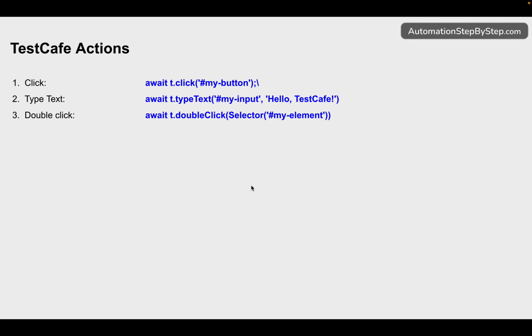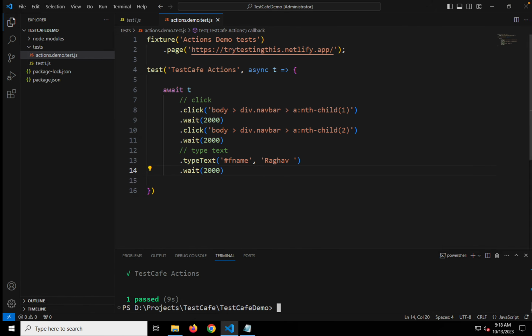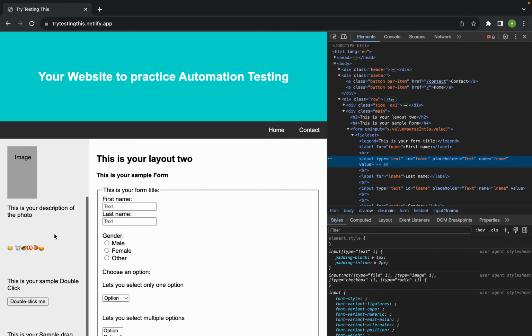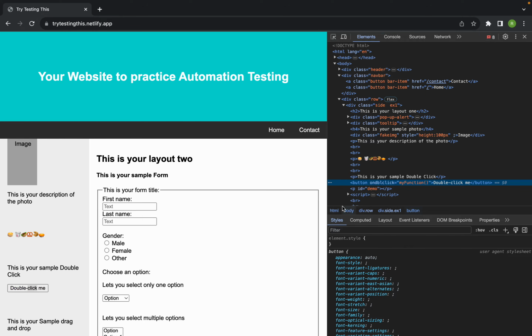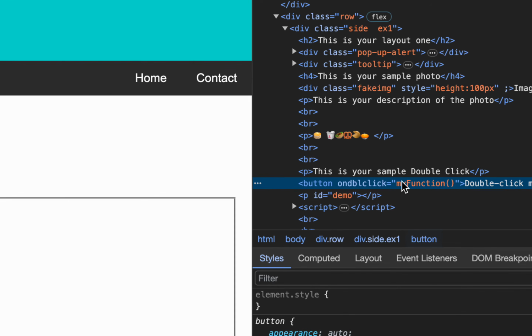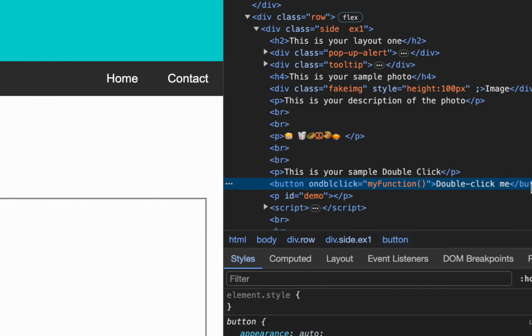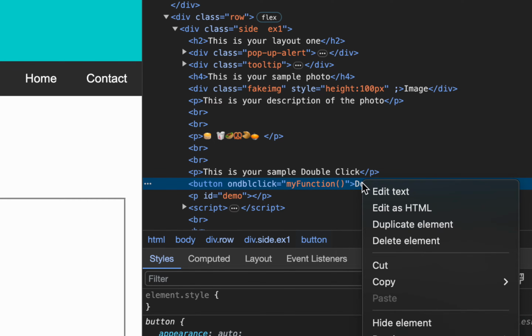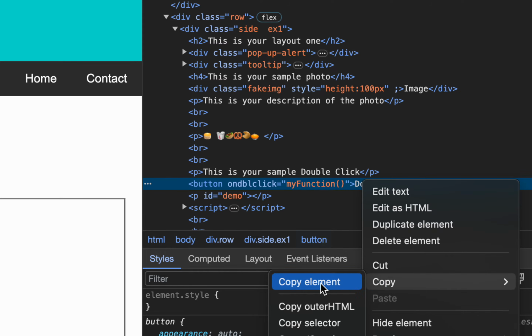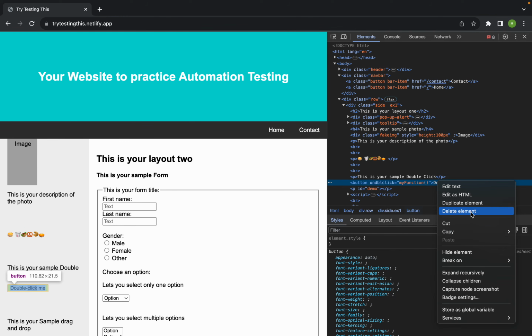The next action is double click. So we just say t.doubleClick and give the selector of the element. So let me see if we have something here. We have this double click button here, although it does not do anything, but let us just try this double click here. So I will do a right click and say inspect, and let me see, this is double click. Again I don't see a very unique property here, so I will do a right click and copy the selector value,